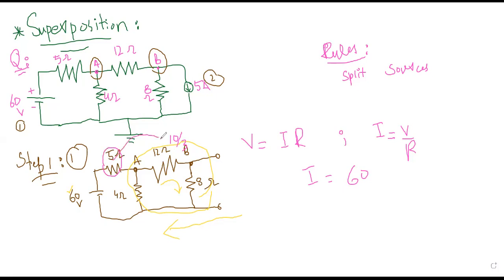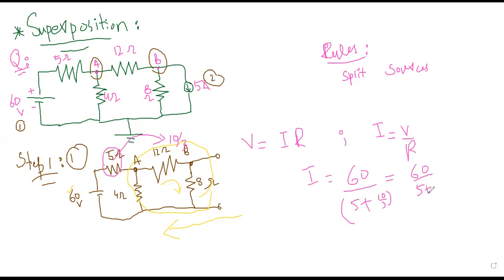Now this resistance and this resistance are in series. So this will be 5 plus 10 upon 3. Is it clear? Is it okay or not? Yeah. Okay. So this value basically is 3.33, approximately. So this is 60 upon